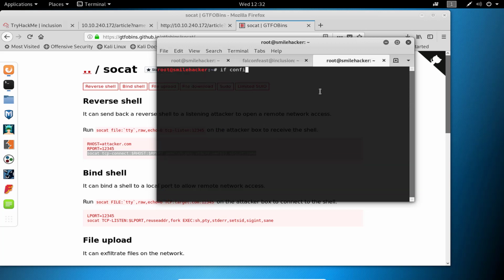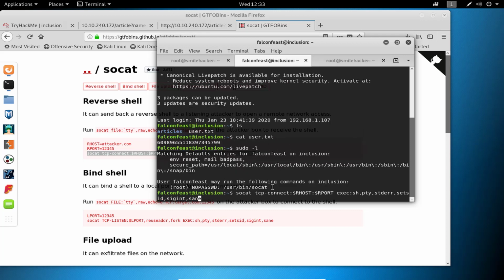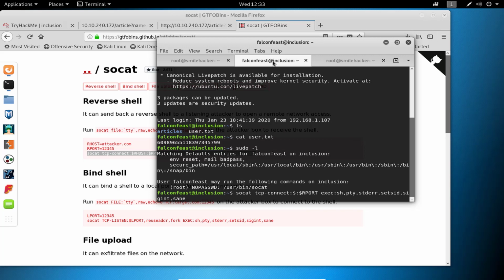So this is our OpenVPN IP address. In the place of the RHOST, we are going to provide our OpenVPN host, which is 10.8.17.35.